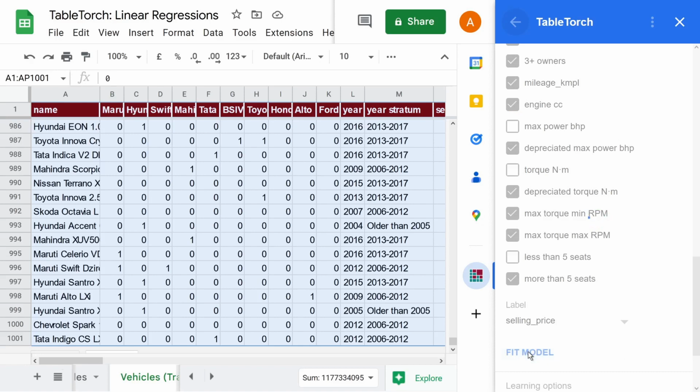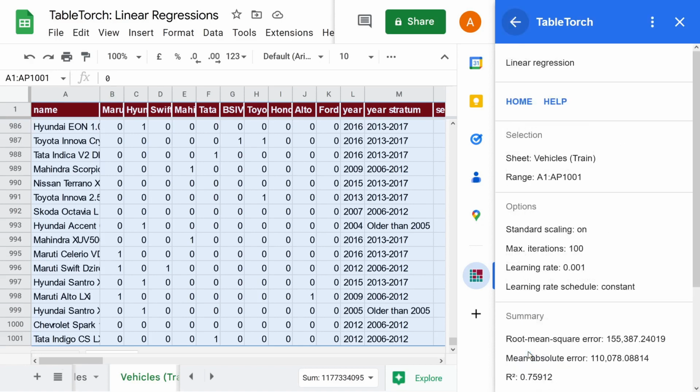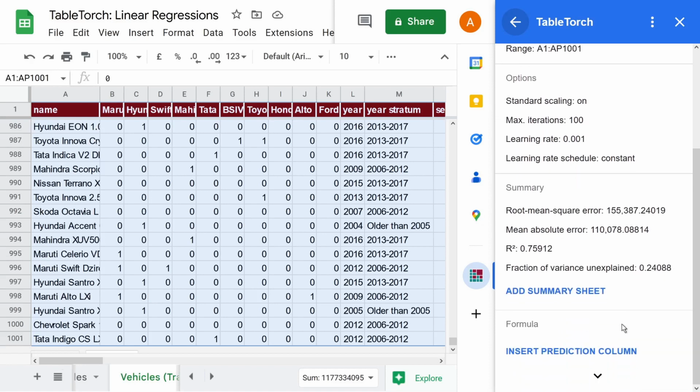It might take some time, since TableTorch will need to iterate over the dataset up to 100 times in order for the coefficients to converge to an optimum. TableTorch has succeeded in producing a model. It shows model quality metrics right away, such as the R-squared, or the fraction of explained variance, and the root